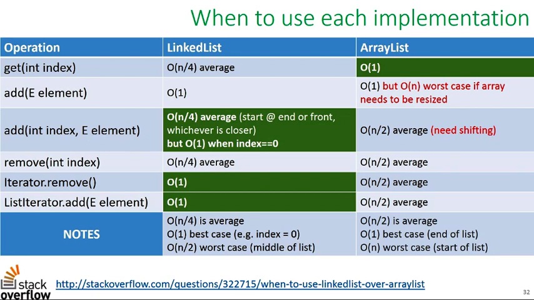If you have some multiple choice question or whatever on an exam that asks you to pick between an array list or a linked list implementation, this is the kind of stuff you want to look at. Okay, so let's take a quick look at this table. First column, we have different operations. So get with an index, add an element, we don't specify the index, then we specify the index, that's the third method, remove an element at a specified index, use iterator.remove, so that's what we used already last time,